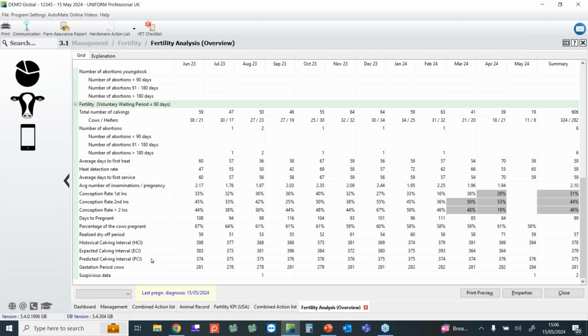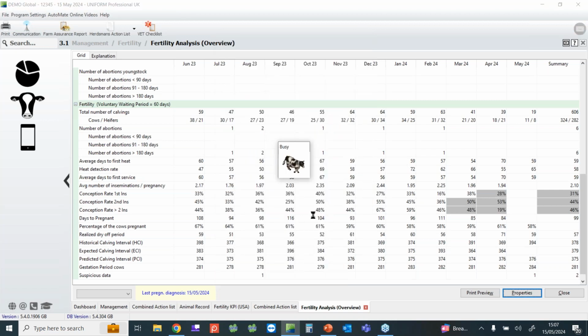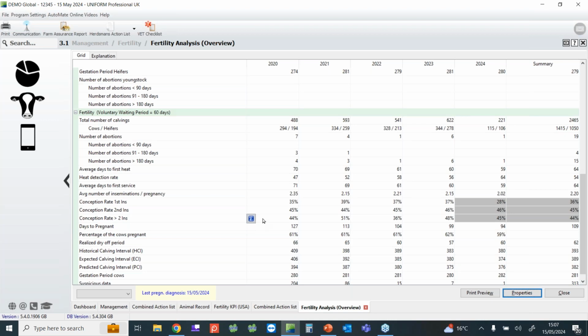I think one really good way of looking at it, 12 months is fine, but there's a lot of data there. If you want to change the format of the report, go to properties. If we select, let's say, the last 5 years, so we go to yearly, we pop in 5, and if we want to keep the report like that, we click on Save Settings, then say OK, and you'll see we pull out the data of the last 5 years. So if we go right back up to the top again,